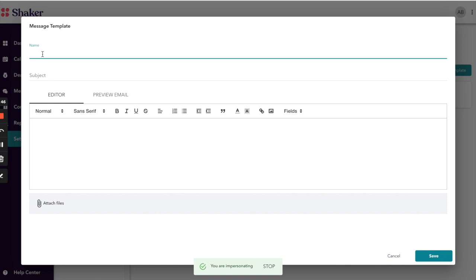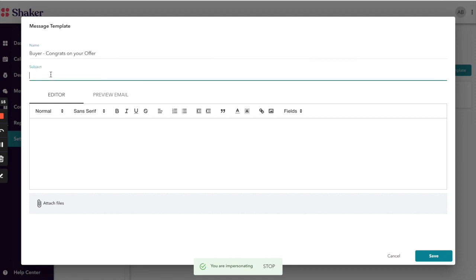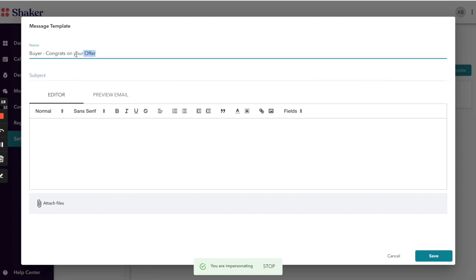We're going to be building out a couple of deal stages that will automate an email in the offer stage for a buyer. So I'm going to name this buyer to start so I know what the email is for, which side of a transaction it's for. And then it's going to be congrats on your offer. With that subject line, just as you normally would,